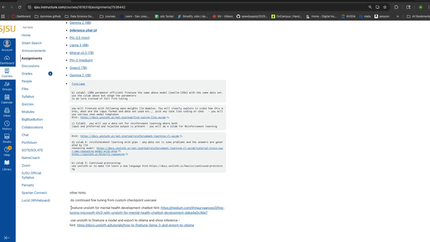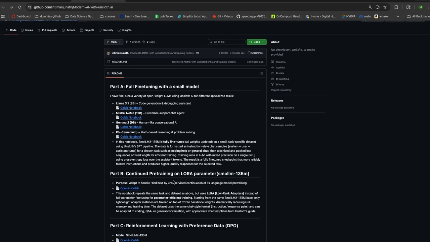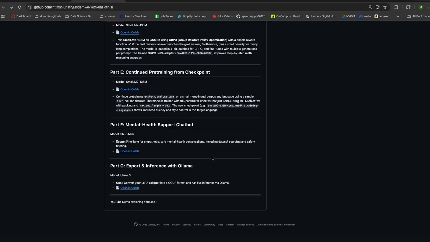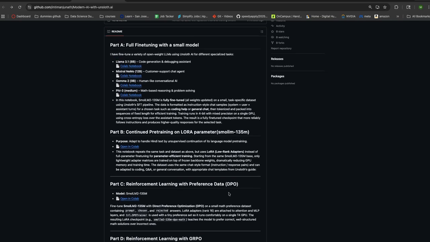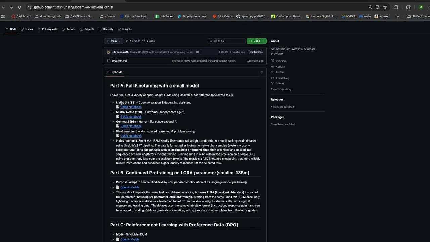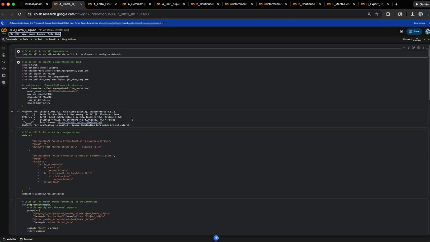And after that we'll show the other two: Unsloth mental health development and the Unsloth fine-tuned model exported to Ollama to show inferences. So this is my GitHub repo, where every Colab link comes with a detailed explanation of what I used in this, and also a YouTube video explaining everything will be properly set up in this. So to begin with, first of all we go to the Llama 3.1